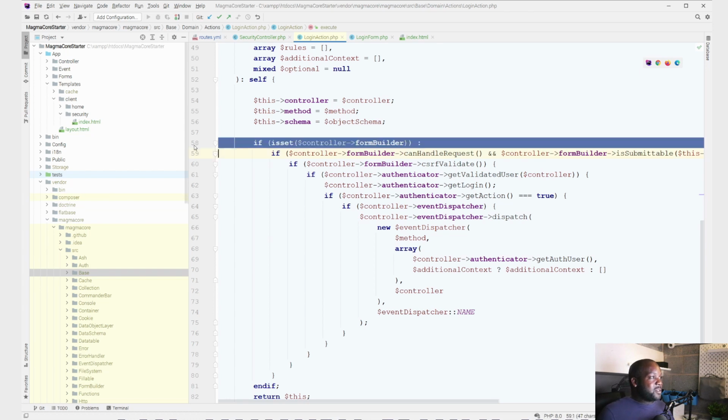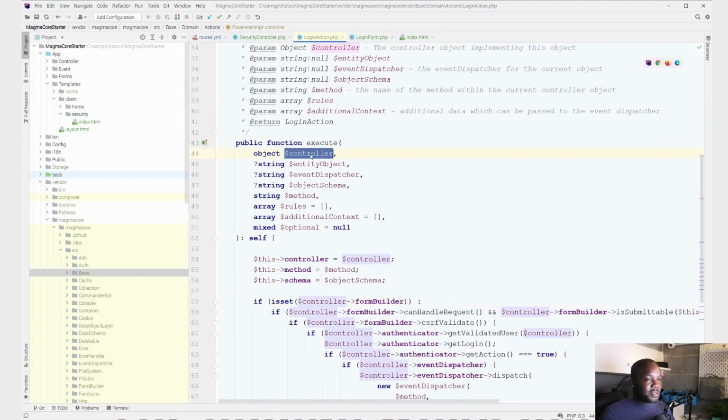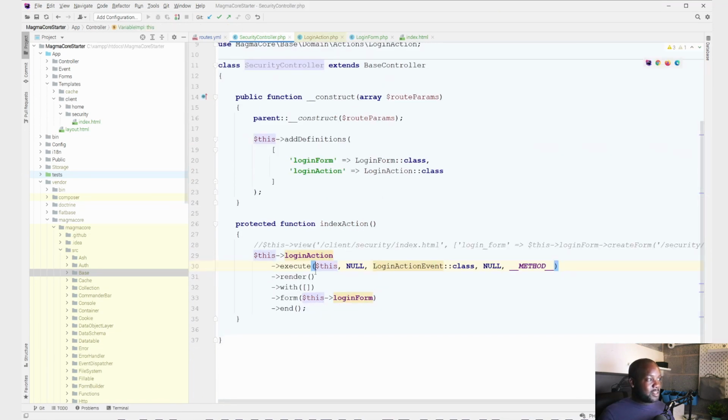So first things first, we're checking that our form builder component is set, and we're using a controller variable, which is going to be the first argument within that execute method, which is going to reference this, right? This gives us access to this entire controller, plus gives us access to the base controller